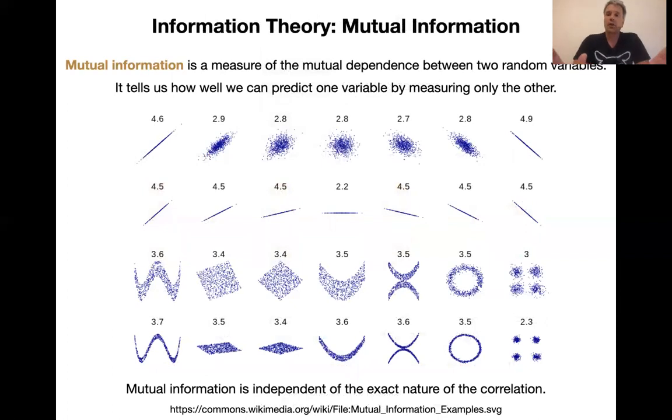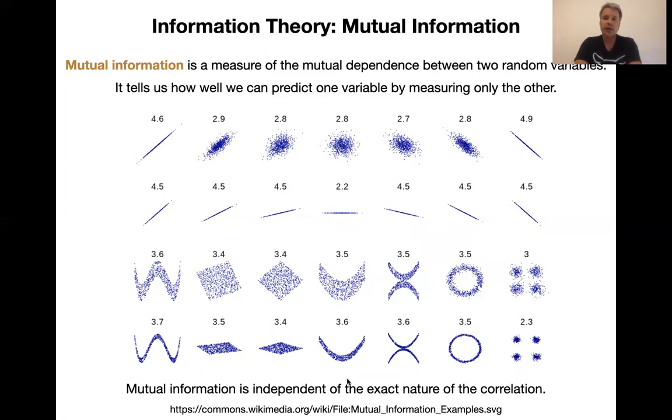Okay, so we can make this idea of information and entropy a bit more practical by looking at the mutual information of two different variables in a system. Okay, so the mutual information is a measure of the mutual dependence between two random variables. We don't have to go into technicalities here. It tells us how well we can predict one variable by measuring only the other. Okay, so here again from Wikipedia, a bunch of measures of mutual information,